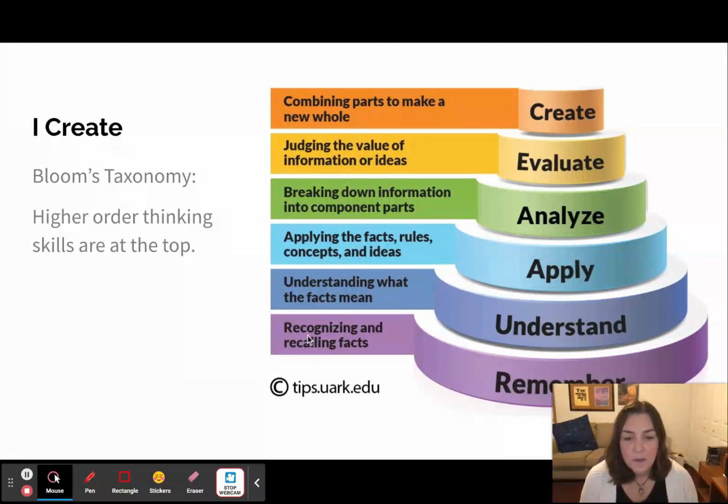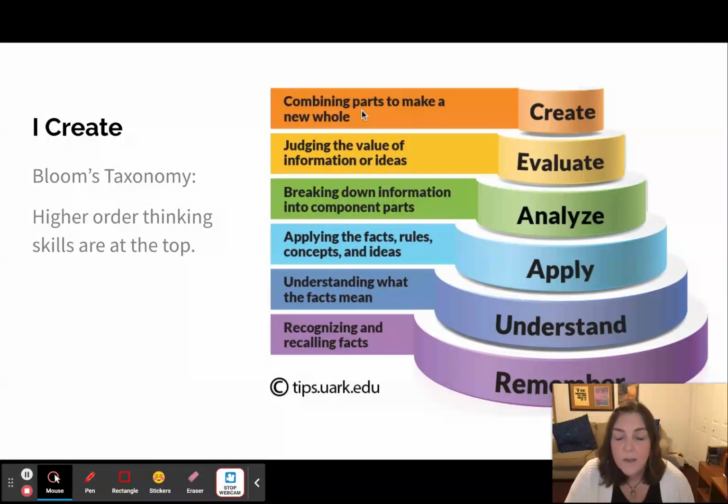Just being able to recognize and recall facts is the very basic foundation of learning. As we move up, these levels of learning get more complex. First, you just remember, then you understand what it means, then you're able to apply those facts or rules, then you can analyze to break down that information into component parts, then you can evaluate or judge what that information